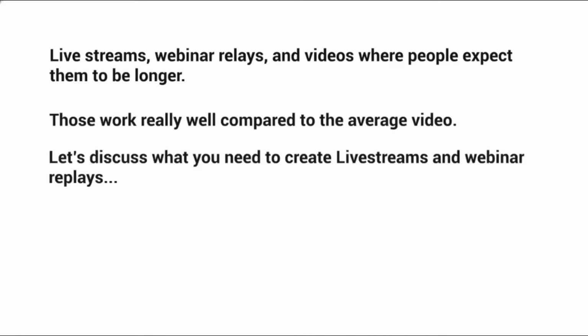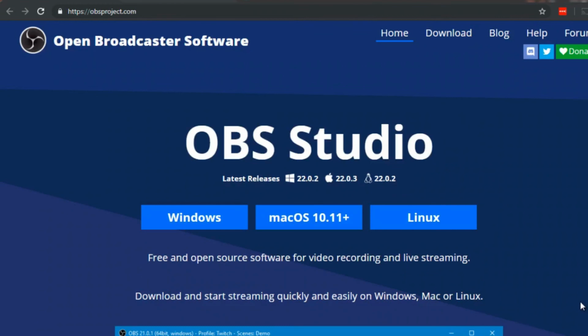So let's discuss what you need to do in terms of software or even web applications to create live streams and webinar replays. In order to create a YouTube live stream, you're going to need broadcasting software. There are many. You can go to YouTube and type in live stream, how to set it up, and there are a lot of videos on that. But this is one particular one that we have used and that has worked really, really well for us. It's called Open Broadcaster Software, and it's free, best of all. And that is located at